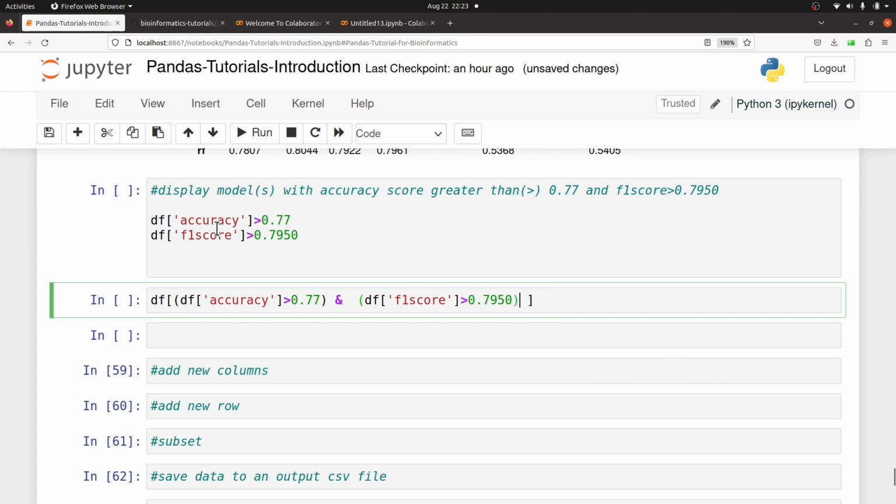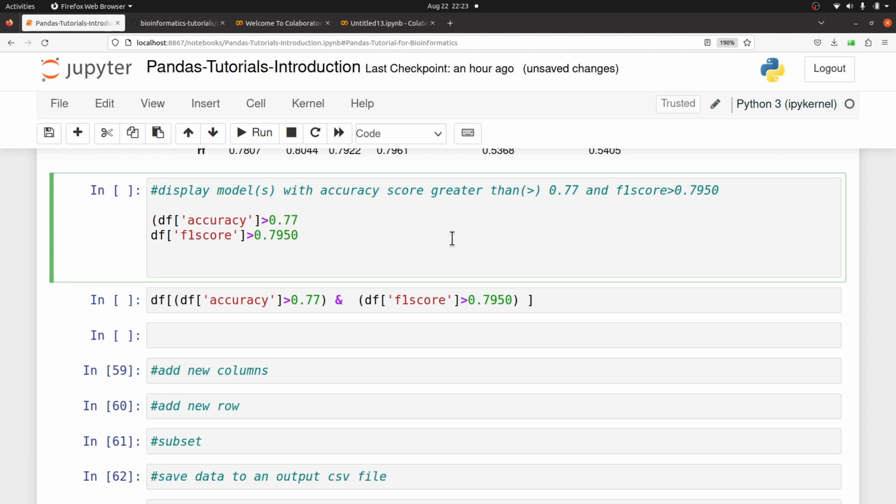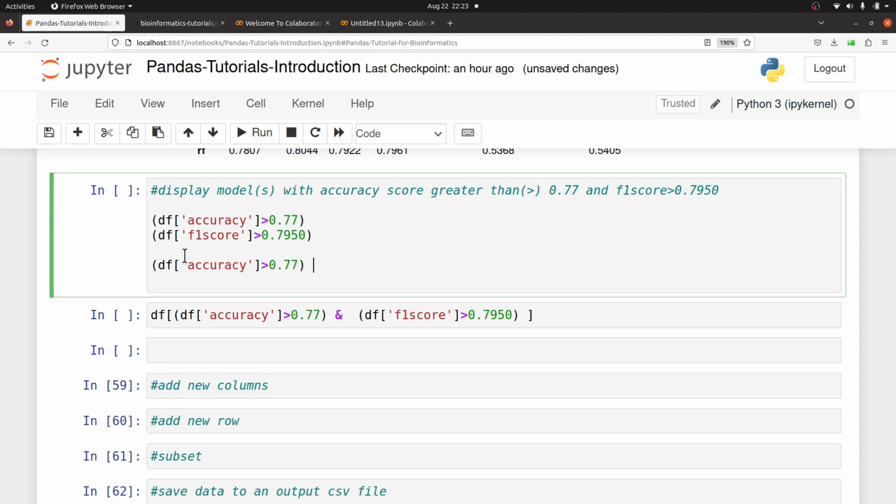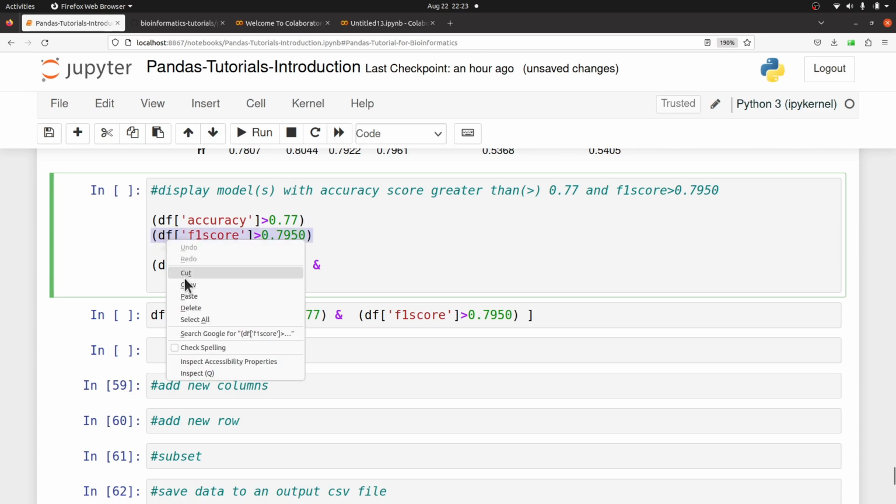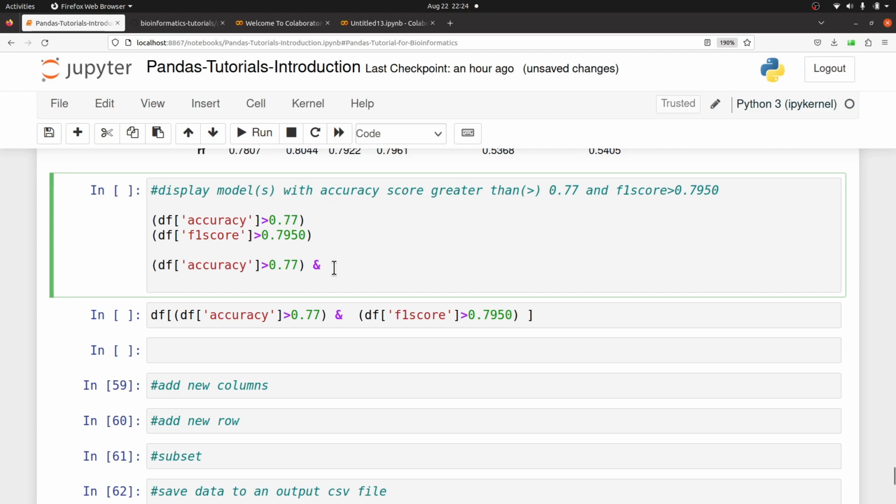So if you are still getting confused, you can just write your question somewhere like this, put them in quotes, so I don't get confused. And then you can just bring all of them together. So you can just copy them. Sometimes it's better to break the problem into two or more smaller tasks, and then solve them. And then you add this. So this one, if you are a beginner, you will not get confused. You can do it this way. And then finally,